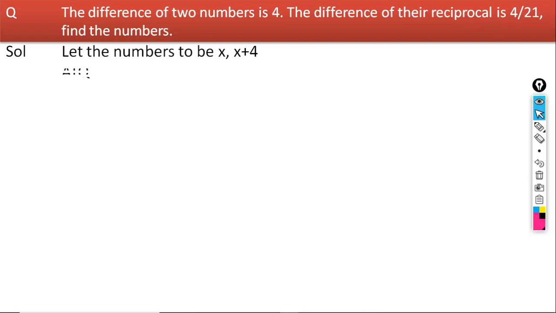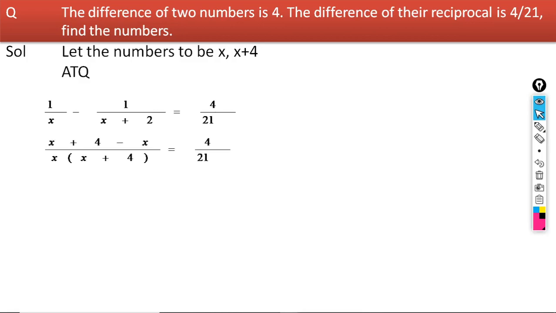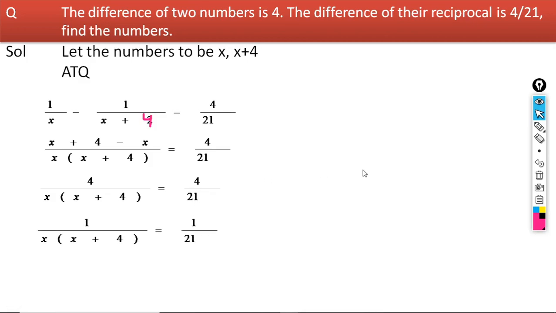According to the question, the difference of their reciprocals means 1 upon x minus 1 upon x plus 4 is equal to 4 upon 21. Further simplification, we get x plus 4 minus x upon x into x plus 4 is 4 by 21. Here x cancelled, we get 4 upon x into x plus 4 is 4 by 21. This 4 cancelled from the numerator